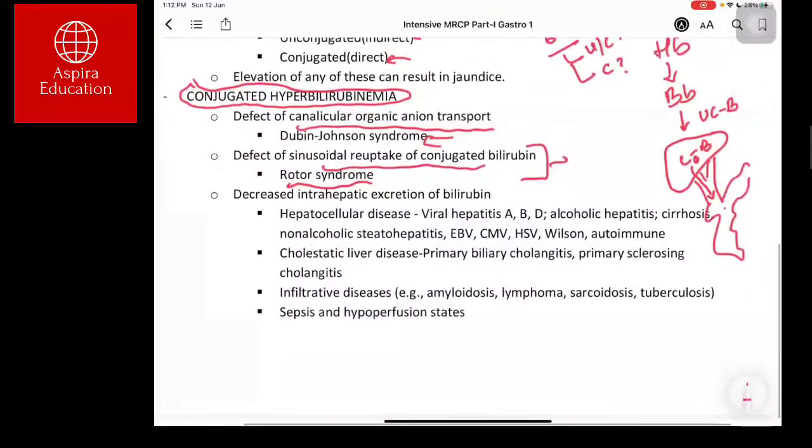Then it could be simply decreased intrahepatic excretion of bilirubin, which can occur in hepatocellular diseases like viral hepatitis, alcoholic hepatitis, cirrhosis, NASH, other viral hepatitis like Epstein-Barr virus, CMV, hepatitis C, and other diseases like Wilson disease and autoimmune hepatitis. Now, these diseases synthesize bilirubin, but the liver cells find it inefficient to throw it into the canalicular system. So the bile becomes overloaded inside the cell until it ruptures,